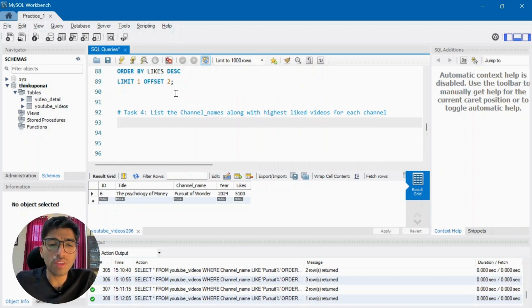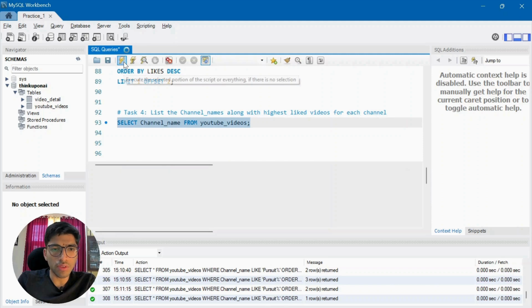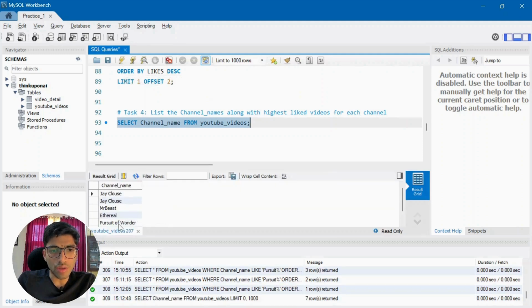So I want to list the channel names along with the highest liked videos for each channel. Okay, so I know that I need to list the channel names along with the videos that they got. So I can select the column channel name from YouTube videos, and if I just run this, you can see it's printing the channel names that we have got, but I want to print the highest liked videos